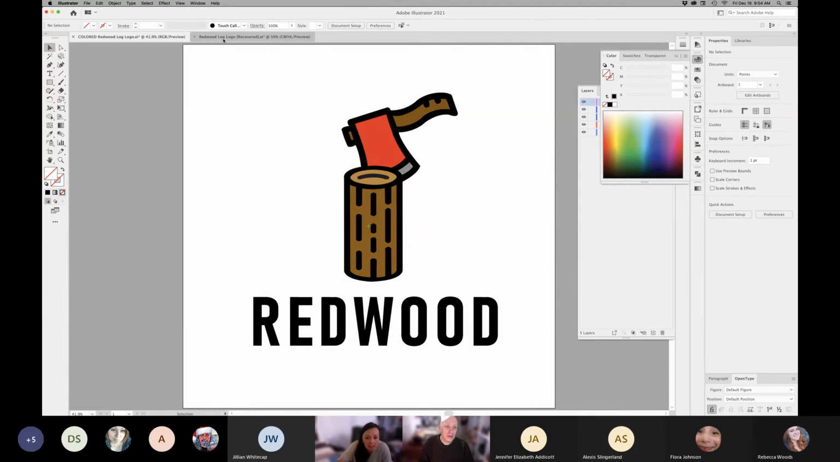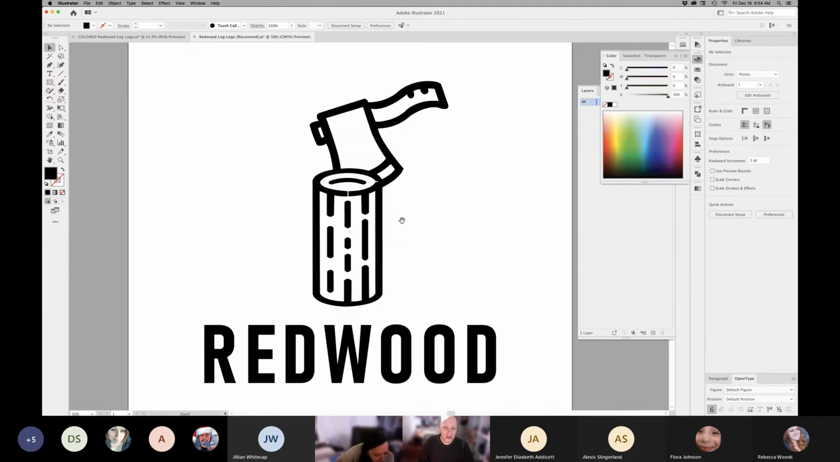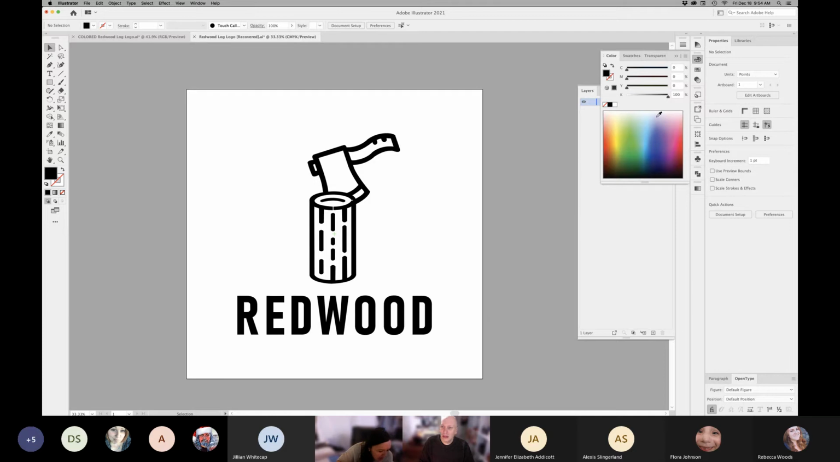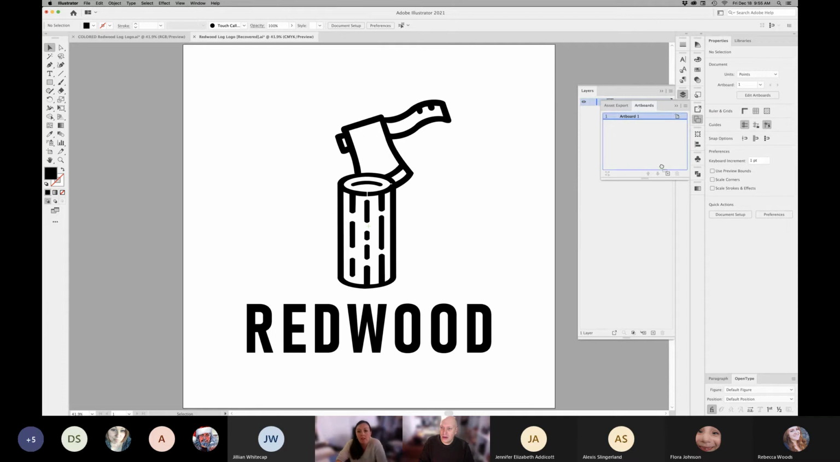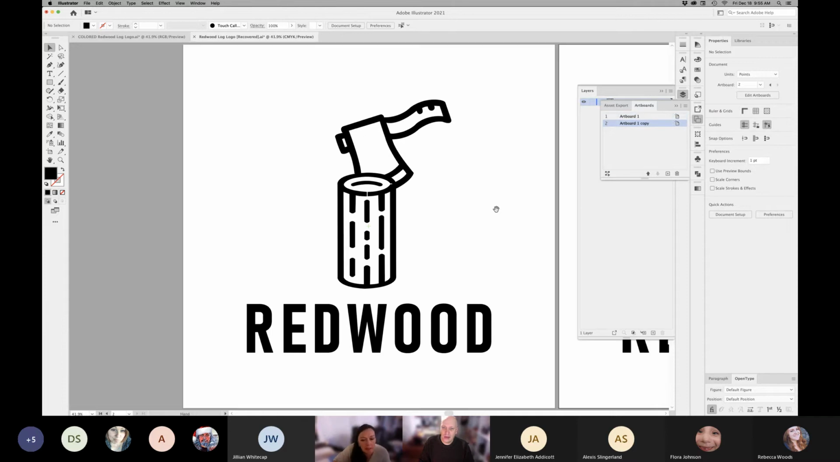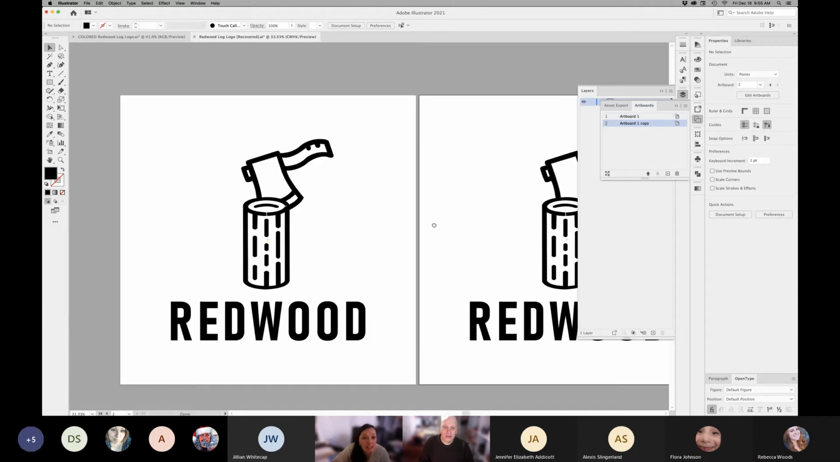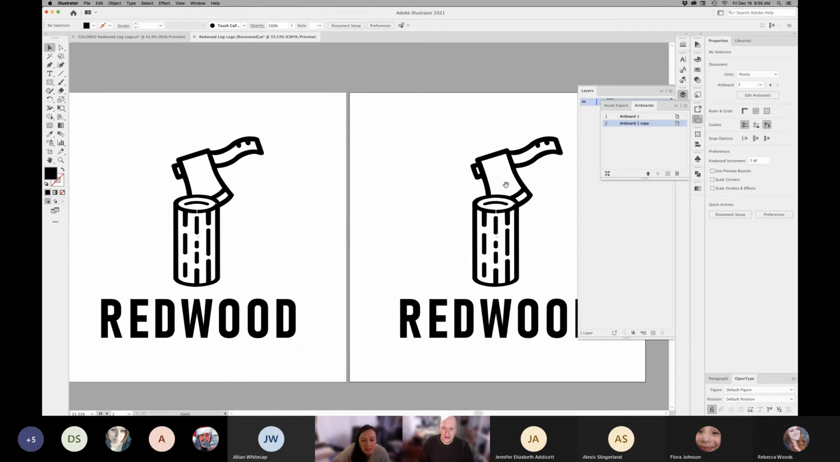So how to do that very quickly here: I am going to duplicate this artboard, go into my artboard panel, and then drag the artboard into the little plus symbol right there, and that duplicates it. So I have them side by side. And all I have to do right here,